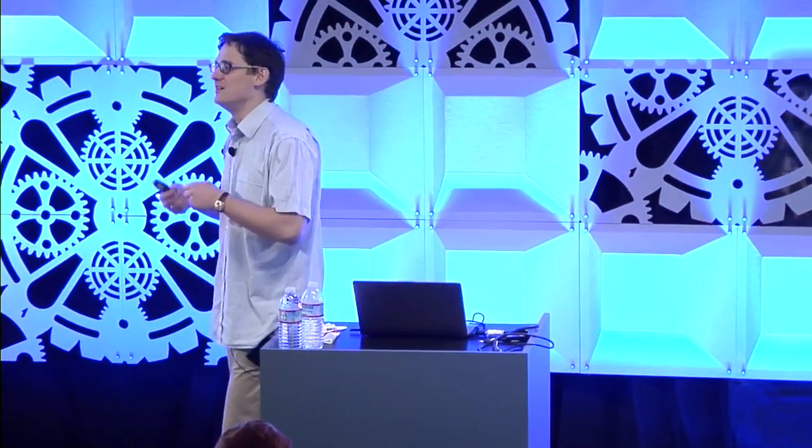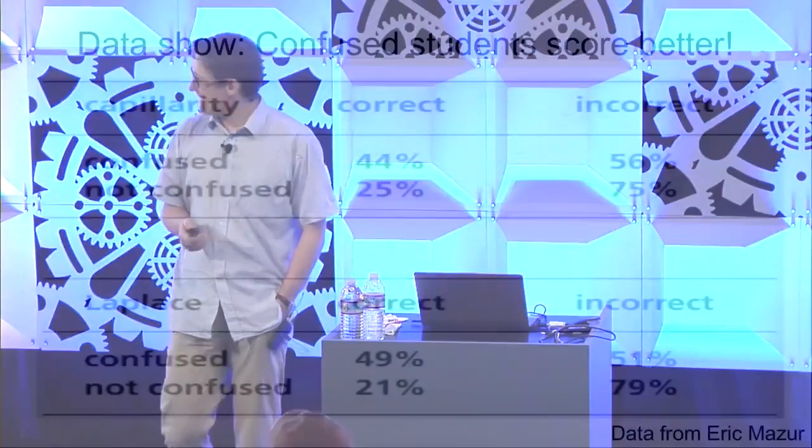you may wonder how to actually best do it. Professor Mazur at Harvard has been teaching physics, which many students also find difficult, and he was studying what are the different things that make students learn better or worse. He was asking them questions, showing them an experiment, asking them different things in a questionnaire, and one thing he found is that confusion seemed to be helping. So let's look at the data. It's not too much data. It's actually 8 numbers, but